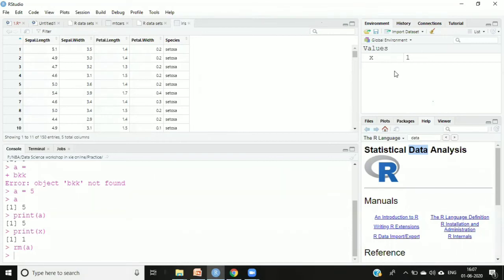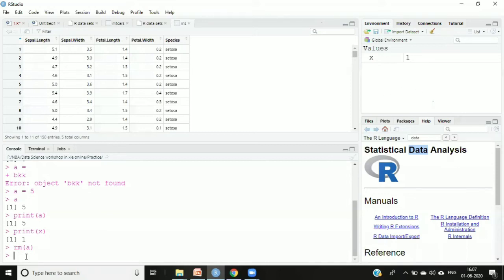So it's always a good idea, whenever you are doing a new project, to clear the whole workspace. You could clear one by one, but it's not a good idea because there will be lots of stuff. Now we have not fired so many commands, that's why it's not showing much. But if you are running any big project, you'll have lots of stuff in this window.